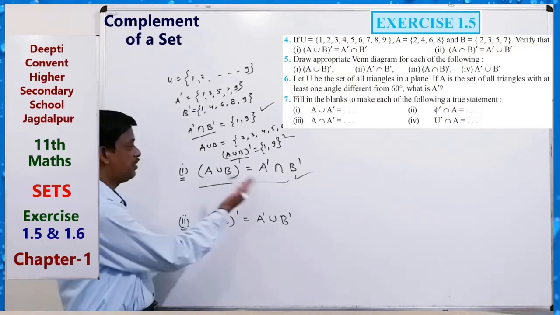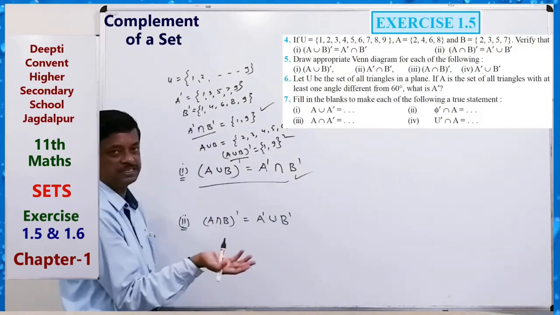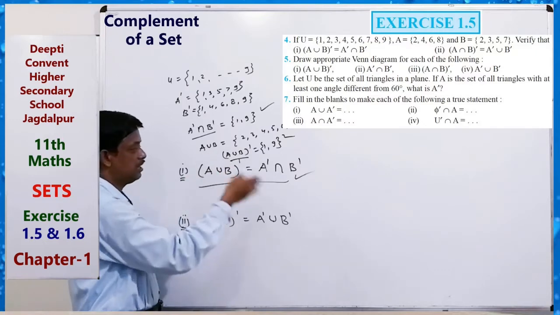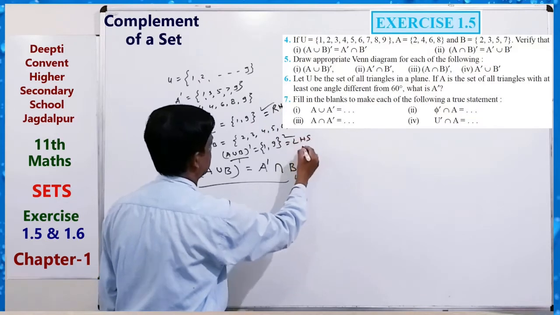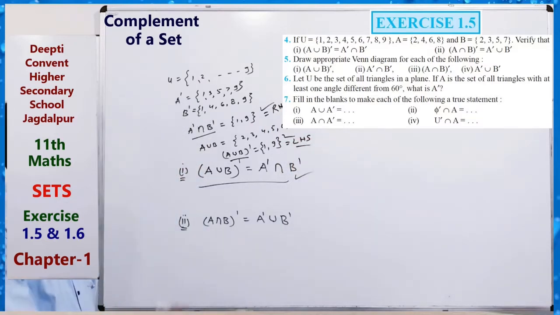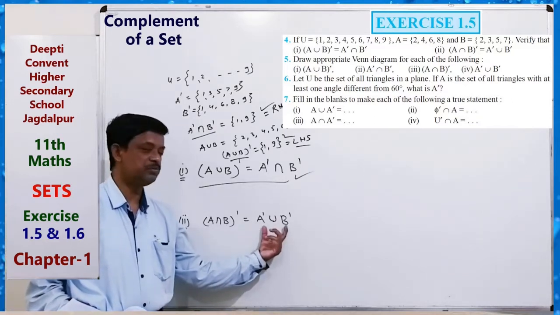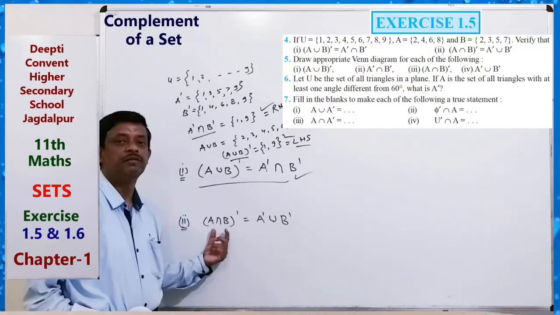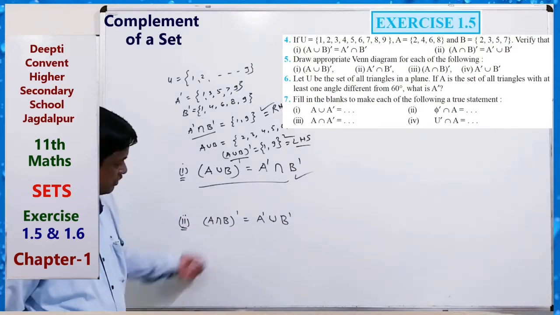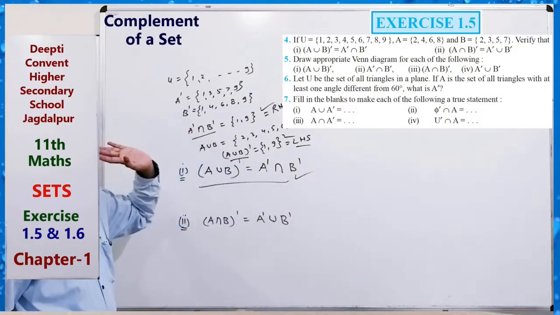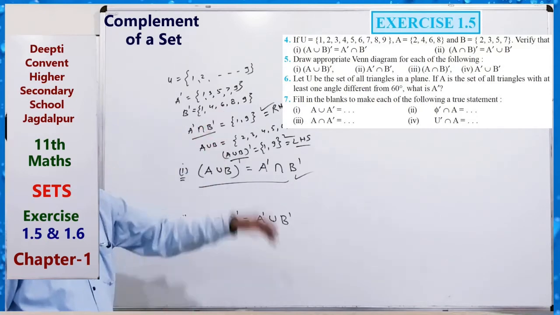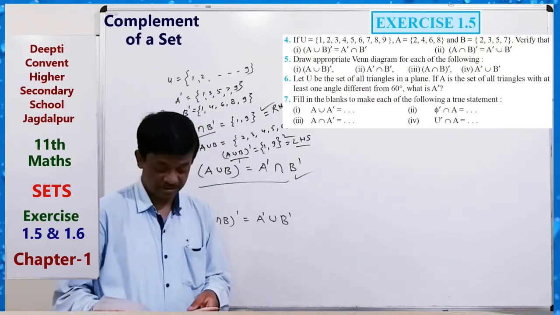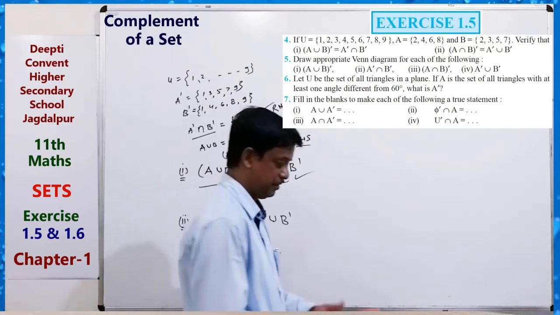Okay, so one by one you have to find the value of A dash, B dash, and (A union B) dash, left hand side, right hand side. Both are same. This is right hand side and this is left hand side. So we can prove by finding all the values. Similarly here find A dash union B dash and also A intersection B. First find it and then complement; left hand side and right hand side will also be equal. These two rules are verified for question 4. This rule is called De Morgan's law. We know also. Okay, now 5.